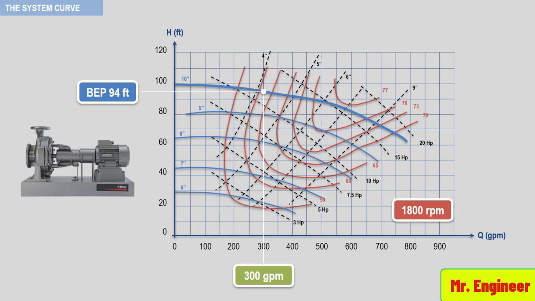This means that the best pump design that will fit our system requirement is a pump with a shut-off head of 100 feet, an impeller size of 10 inches, and a 15 horsepower motor. Also, we can see from the family curve that operating our pump at this point would give a pump efficiency between 60 and